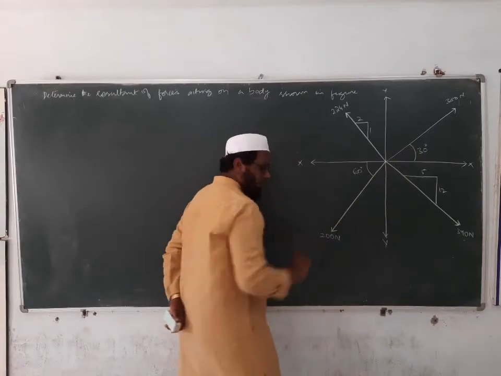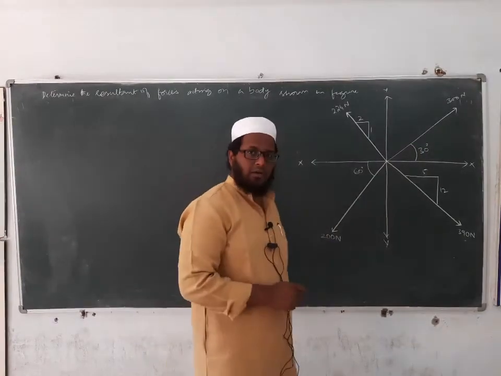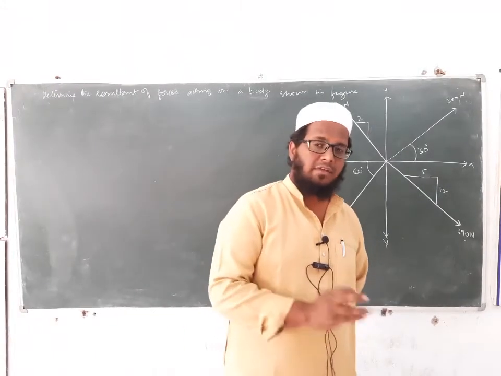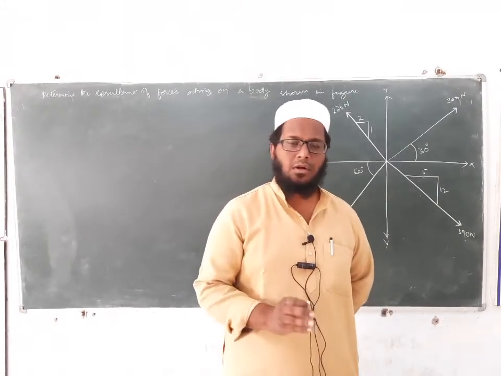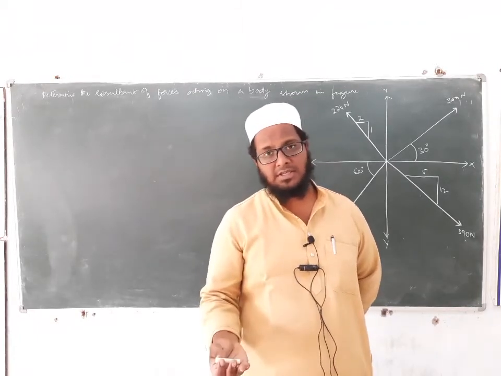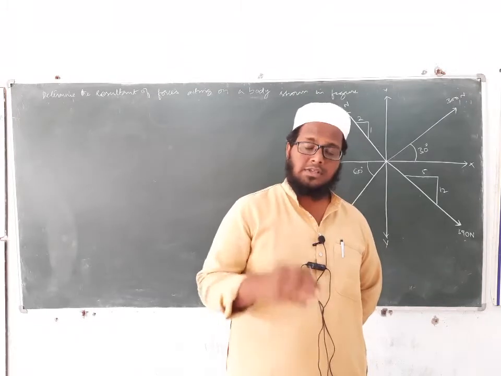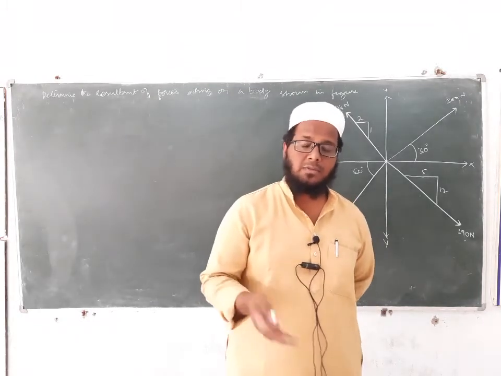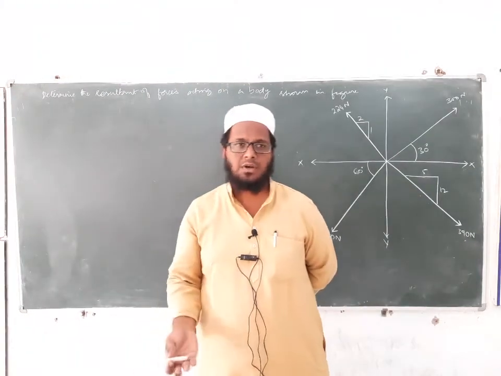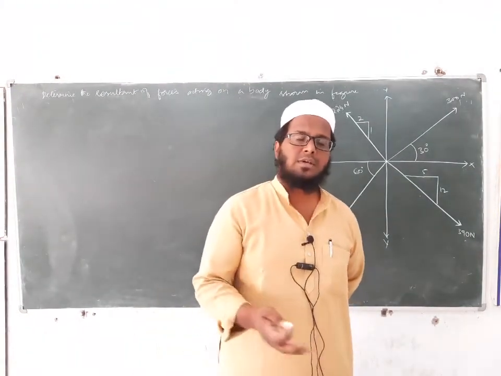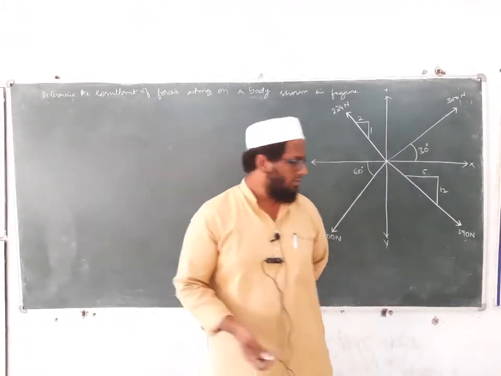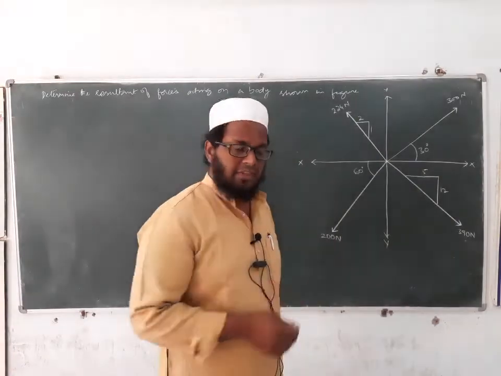1, 2, 3, 4 forces are acting on a body, and we have to calculate the resultant. How will you calculate resultant? The very first thing is, whenever we have inclined forces, we'll try to calculate all the components of forces. After calculation of components of forces, then we'll go for sigma x square. Resultant is equal to under root sigma x square plus sigma y square, isn't it? Sum of all vertical components and sum of all horizontal components. Sigma y is equal to sum of all vertical components, and sigma x is equal to sum of all horizontal components. Okay, so before that we'll name these forces.